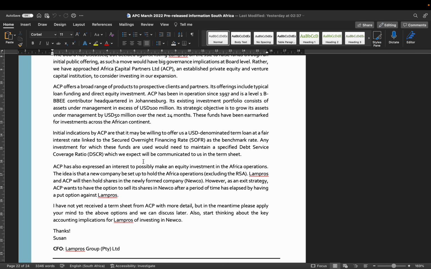So typically, interest rate will be at a reference rate plus some sort of margin. Okay, and from a management, accounting, and finance perspective, again, I'm not going to go into too much detail on that element. USD denominated loan linked to SOFR, we're a South African denominated company, right? All those FX risk considerations come into play.